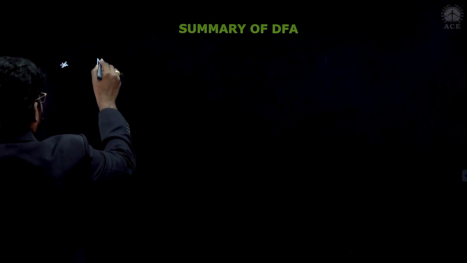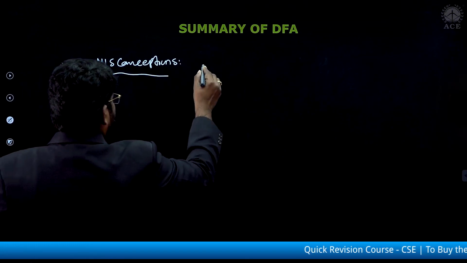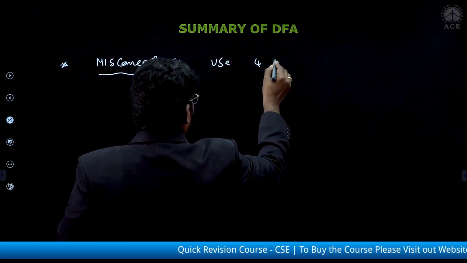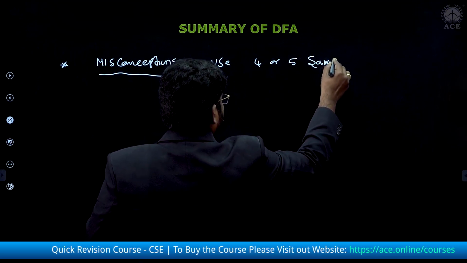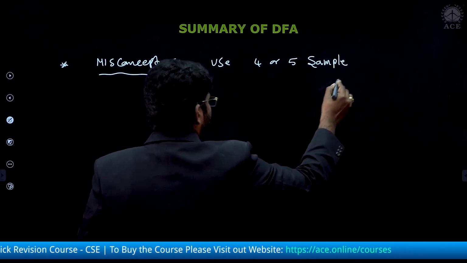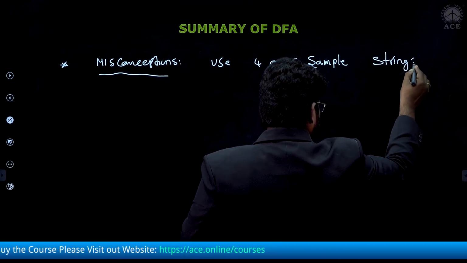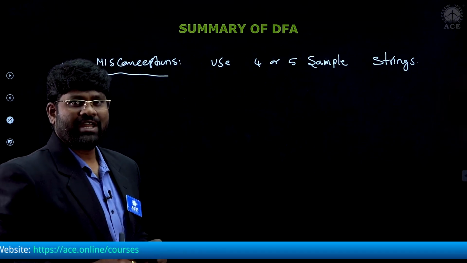So the first thing is the misconception part. Right? Use 4 or 5 sample strings. So this is what you have to do here. Okay, then the other point I am suggesting here,